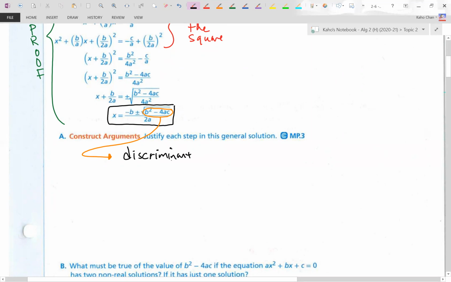It sounds like discriminating, doesn't it? In fact, it is kind of like that. There are 3 scenarios that can happen with that particular value. If the discriminant, b squared minus 4ac, is greater than 0, meaning positive,